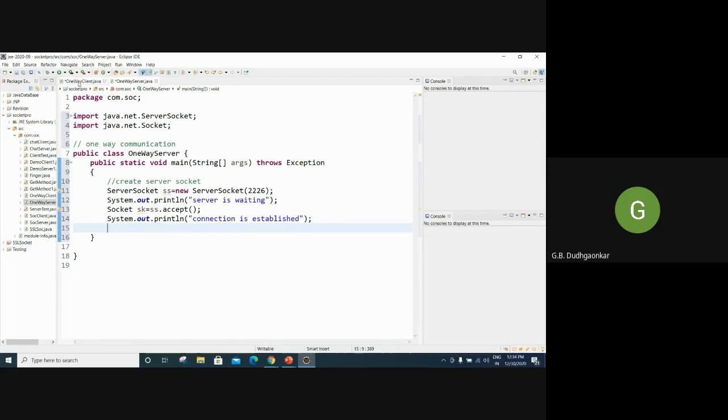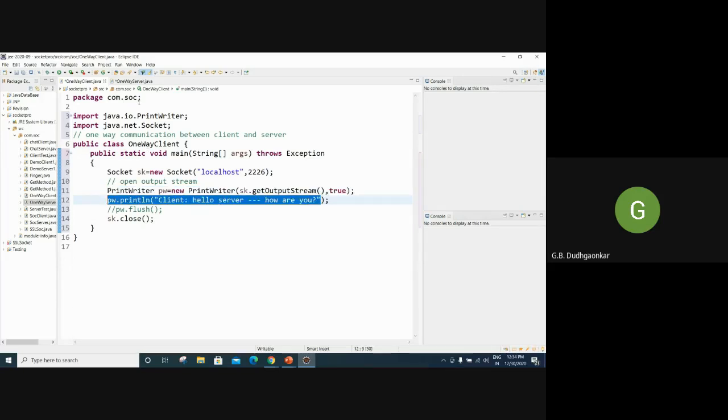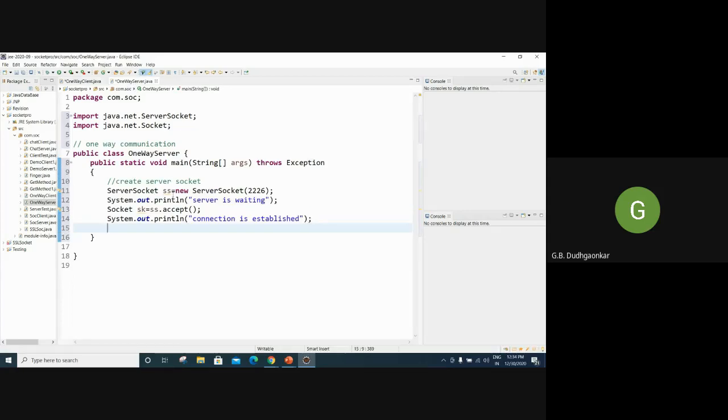In the client, I told you I am using PrintWriter, and I used getOutputStream so that I can send this message to the server. Similarly, on the server side, I have to accept the message from the client also. So I have to use InputStreamReader, or we can use anything similar. You know that InputStream is a class.